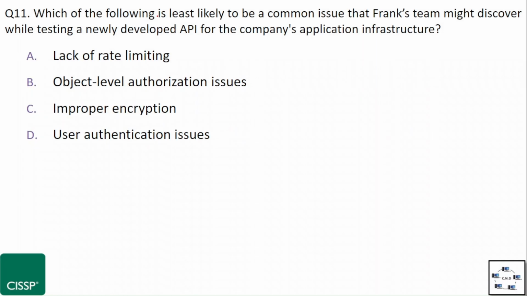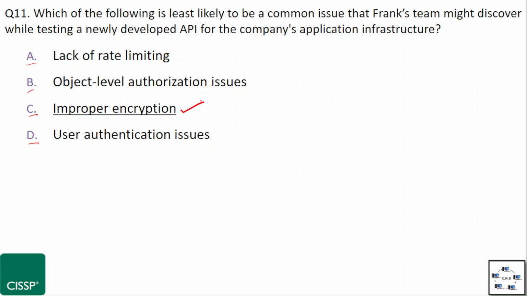Question number 11. Which of the following is least likely to be a common issue that Frank's team might discover while testing a newly developed API for the company's application infrastructure? The options are option A, lack of rate limiting, option B, object level authorization issues, option C, improper encryption, and option D, user authentication issues. And the correct option is